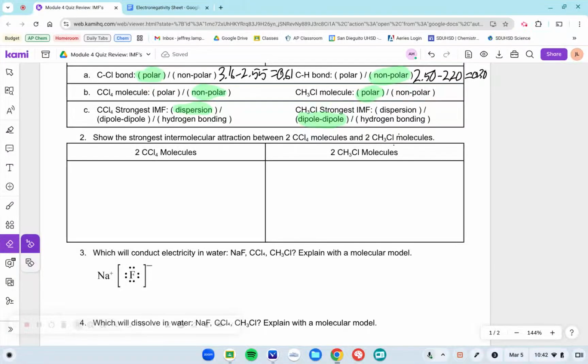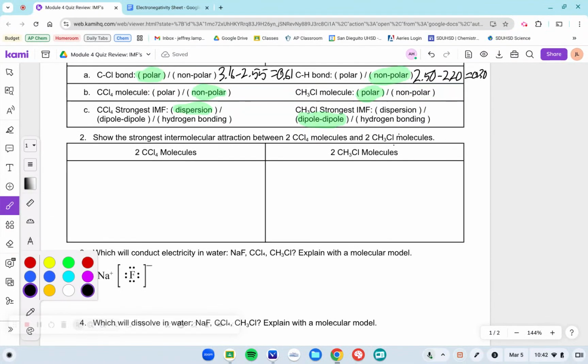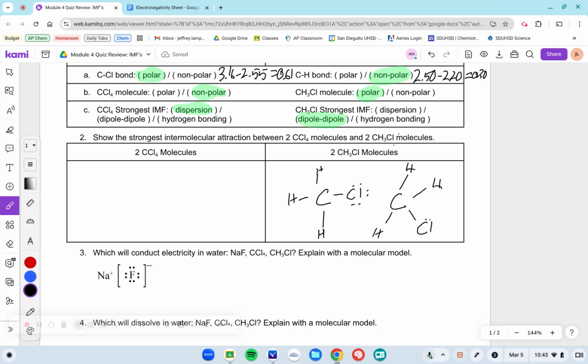Now on to problem 2, we're just asked to show the strongest intermolecular attraction between our molecules here. So first, let's draw our CH3Cl. So our first step here is just to draw our molecules. So I'm going to draw 2 CH3Cls. And I'm going to draw my second one here. All right, so now I have both of my CH3Cls drawn,